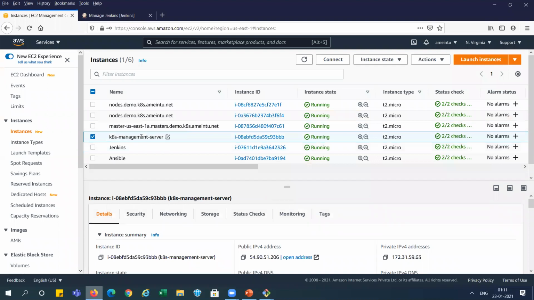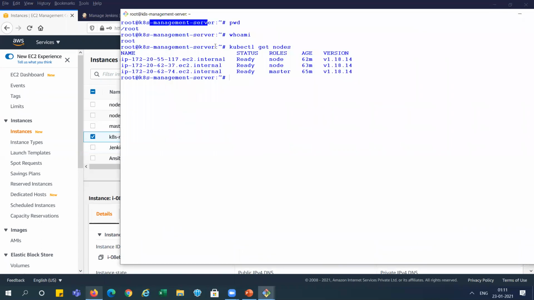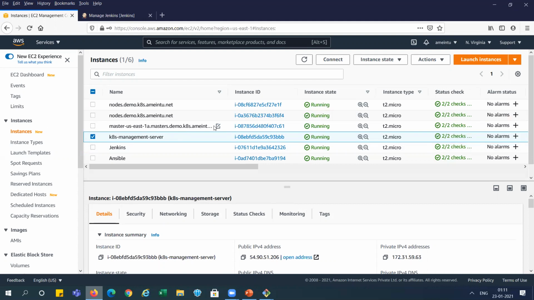This server basically we used for creating the cluster, so we can go directly to the master server, right? I have already shown the same thing in the last videos when I created this cluster. We are in this management server. Let me go directly to the node server, or you can connect directly with this server. Both are the same thing.